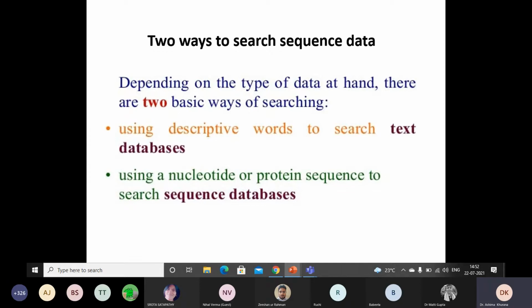It can be through text-based databases. For example, if you want to explore my profile on my college website, you will type my name. The second way is when someone doesn't know my name but resembles my face, so you will go to the faculty profile and check everyone's face. Similarly, depending upon the type of data at hand, there are two ways of searching: using descriptive words to search text databases, and using a nucleotide or protein sequence to search sequence databases.